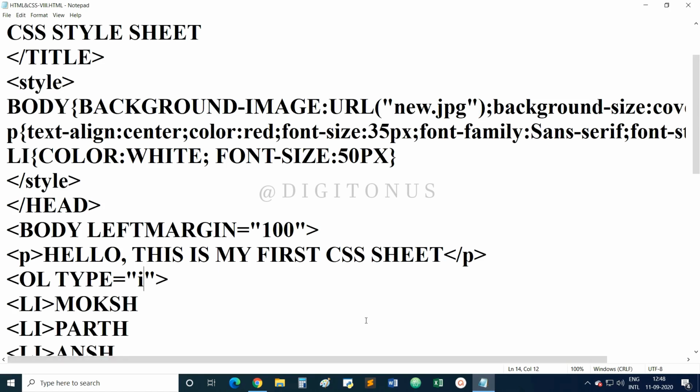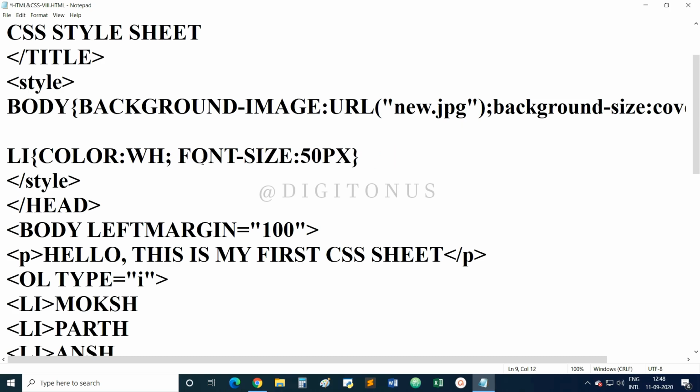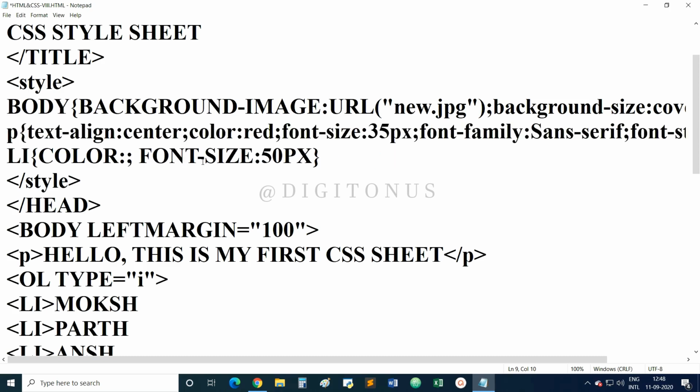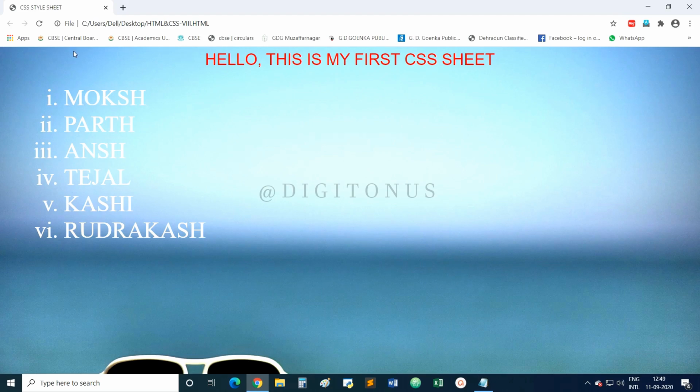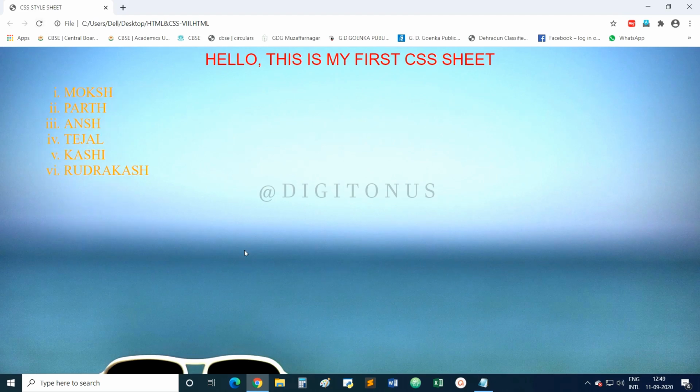Again, if you want to change the font size of your list item or the color, you can go to the CSS part. Okay, li color, where you have written white, I am writing orange, and font size as 30. Okay, I have decreased the size and color, so you can see.